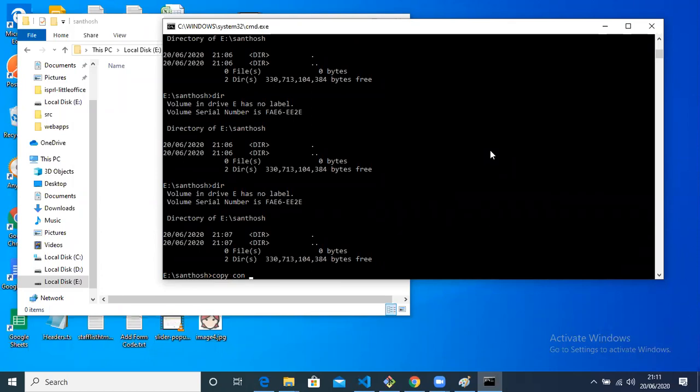Don't simply say "why". If I want to copy, don't say the command is copycon. The copy command is different. The copycon command is different. Copycon is used for creating files. That's what I'm telling you here. So: copy space con space file name, like nanda.txt. Previously, whatever I gave, right? So very much remember, you have to give the file name as well as the extension. Both you have to give.